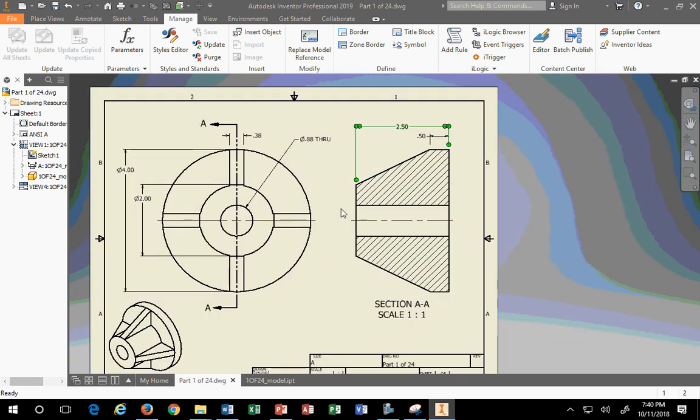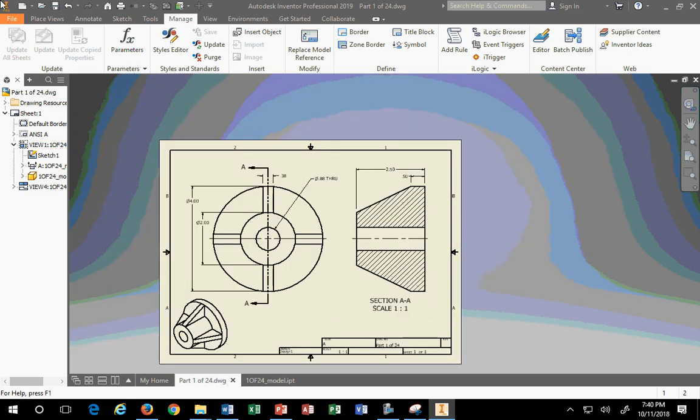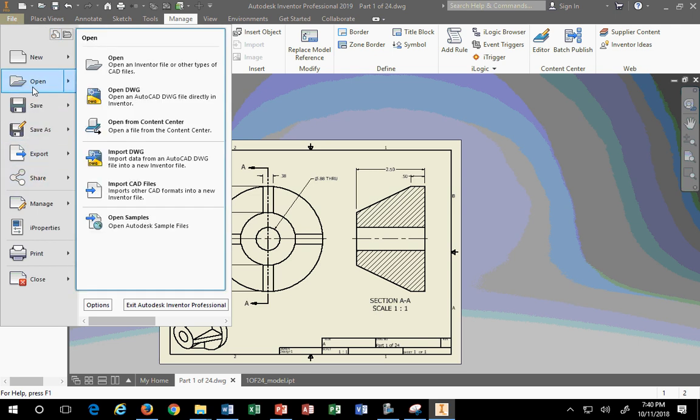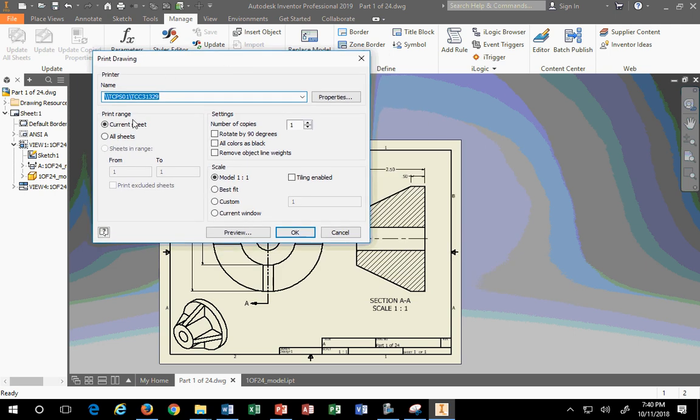Okay, the dimensions are just a hair bigger. They were almost 1/8 of an inch already. So, and that's it. When you're done with this thing, you're going to do file, you're going to do print, and this you haven't done before. When you print, current sheet,